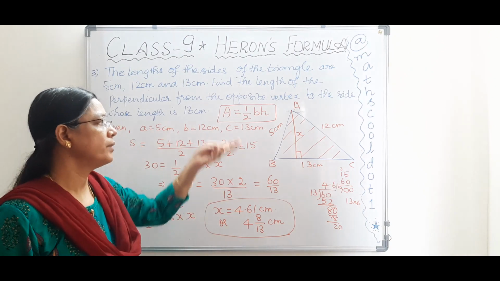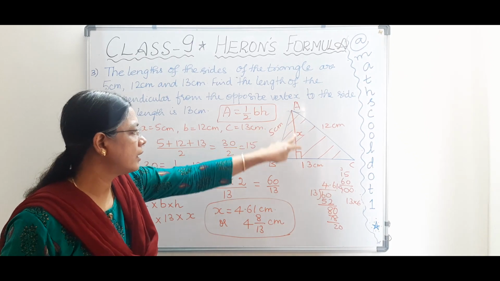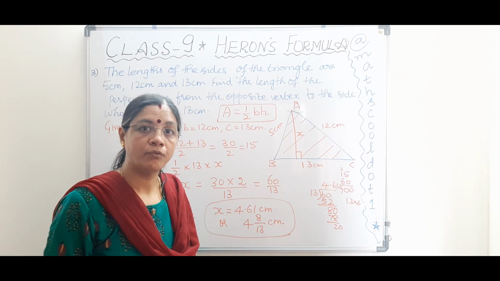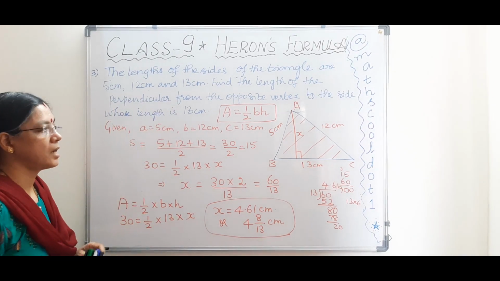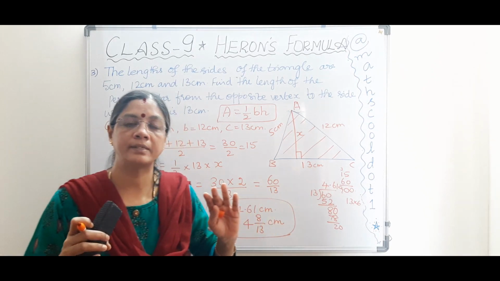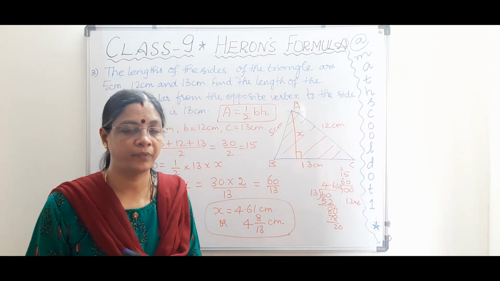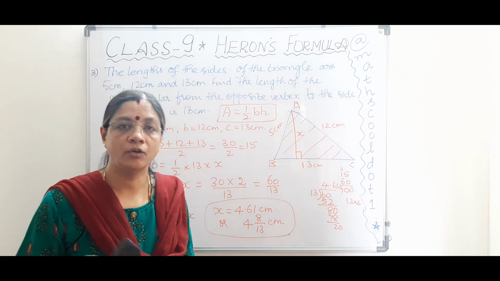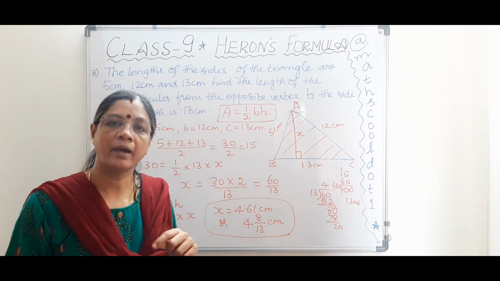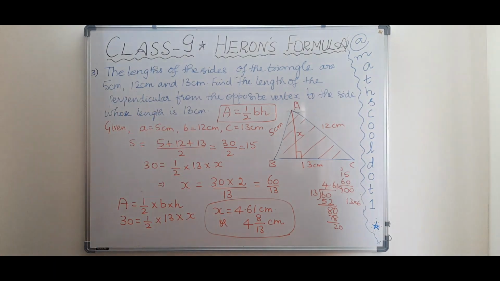So this is how we apply Heron's formula, find out the area, and we can find out the unknown quantities inside the triangle, or any one side also we'll be able to find, the parameters whichever is asked regarding the triangle. So you just need to look at a triangle, and if 3 sides are given, then you can find the area of the triangle, or if the area of the triangle is given, you can find any one side or height of the triangle too. Do you understand? Just check it out. We'll move on to the next problem.